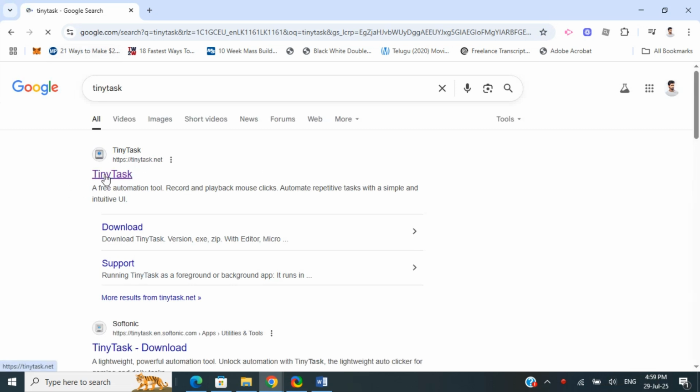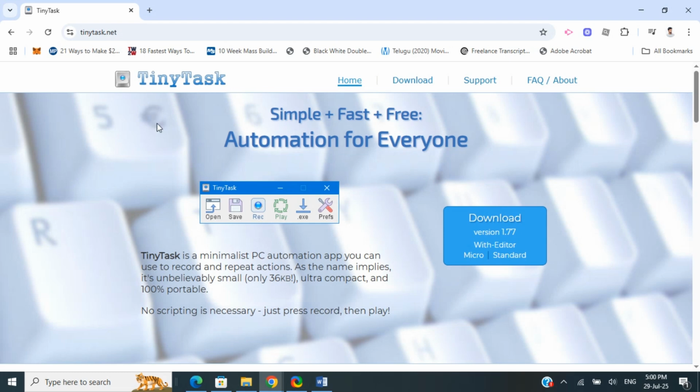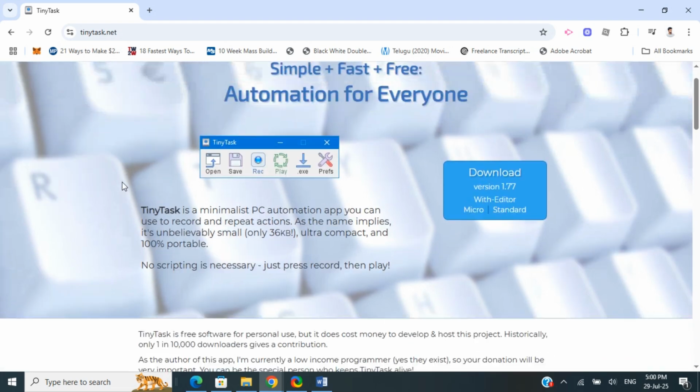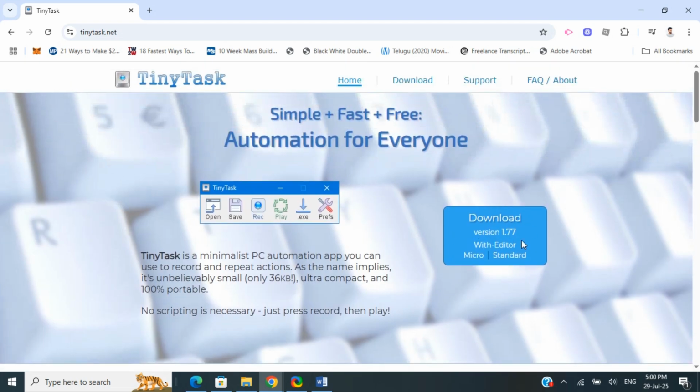So open up the official link, which says tinytask.net. So that's the official website. So just go to the official website. Okay. So when you go to the official website and once you're on the website here, in order to download Tinytask, you will see a little option box